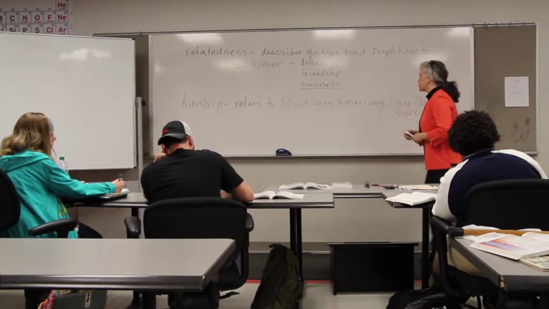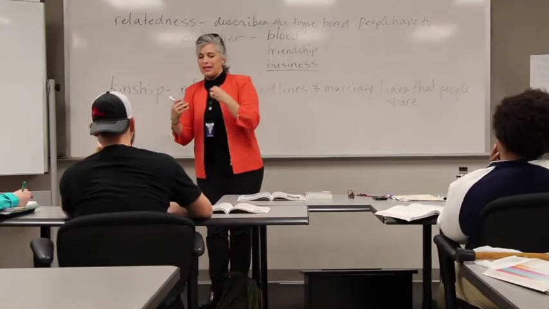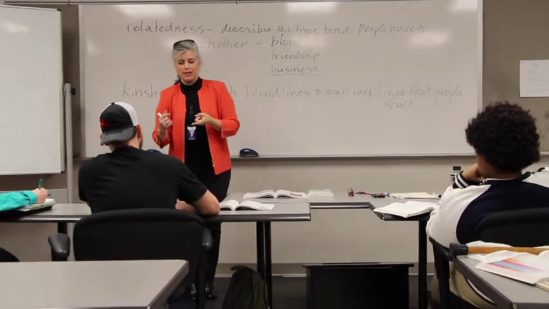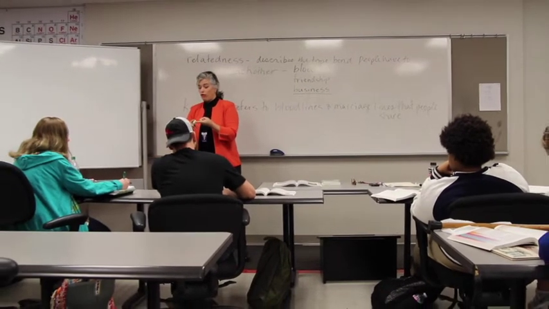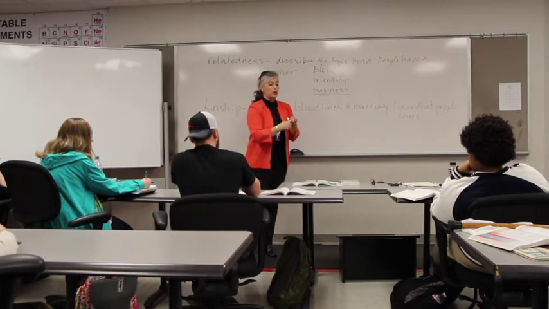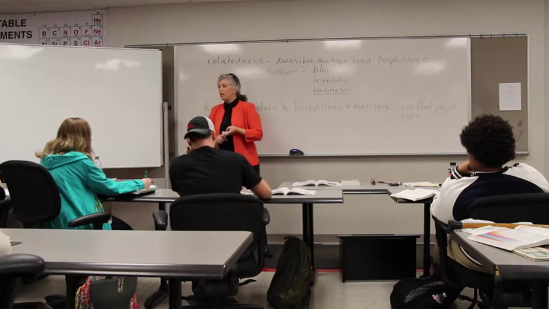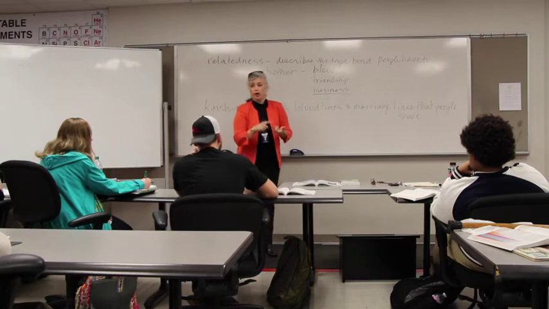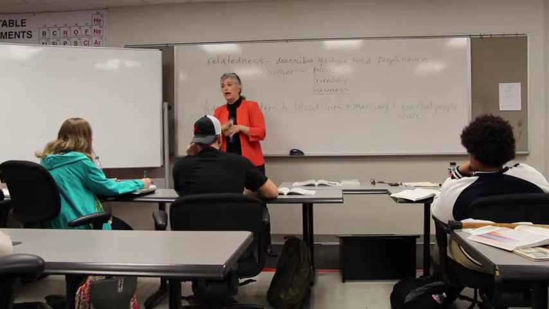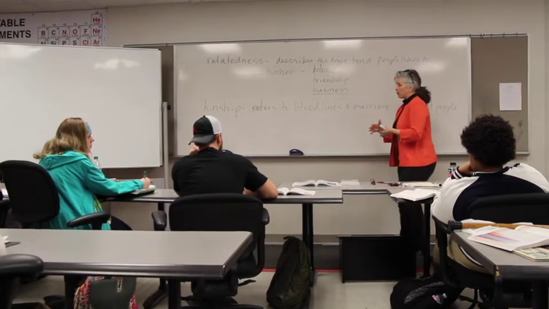Okay. So kinship refers to bloodlines and marriage lines that people share, but kinship is, as I said before, the single most important relationship that people have around the world that identifies them for the type of business they're going in, for their share in a family fortune, for their access to family or community-held land, or in the case of the Maasai, for instance, cattle and goats, like we discussed. For your political affiliation, did I say that one? For who you're going to marry in the future, because most societies around the world, surprise, most societies around the world arrange marriages. They don't do it the way that we do. And there's all kinds of important reasons.